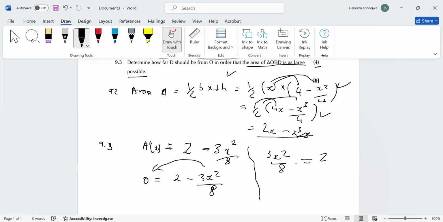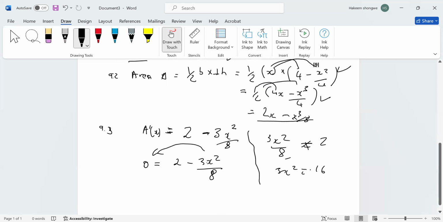Cross multiply, so we get 16. Then divide by 3. X squared is going to be 16 all over 3. Then the root has a plus and a minus. So what do you get? x is going to be equal to